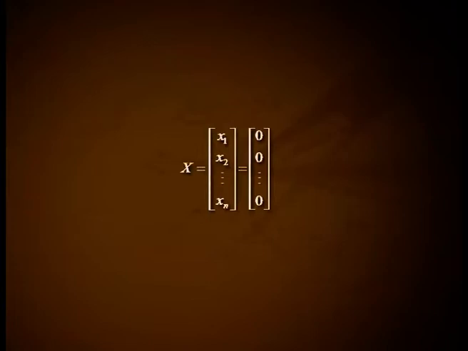Remarks. Theorem 1 helps us to determine complete solution, that is, the set of all possible solutions to the system. It is clear that x is equal to column matrix x1, x2, etc. xn is equal to matrix 0, 0, etc. 0 is always a solution to the system 2. Equivalently, x1 is equal to x2 which is equal to etc. is equal to xn is equal to 0 is a solution of system 1. This solution is called a trivial solution to the system.